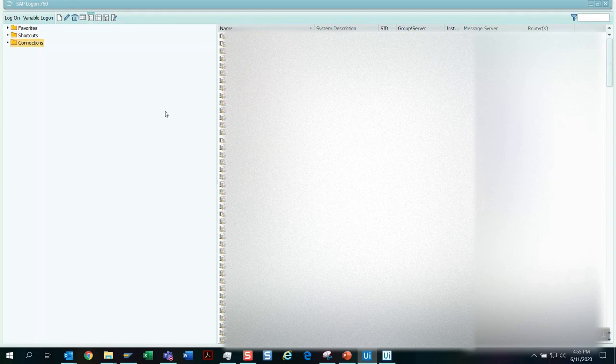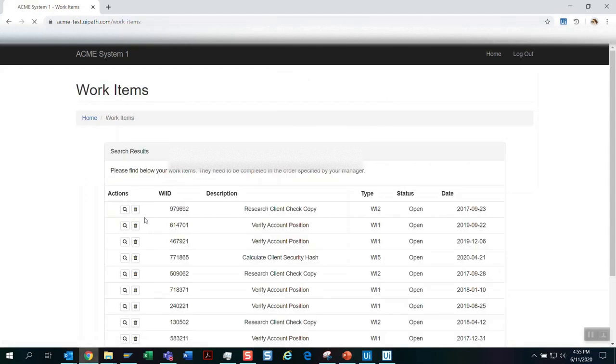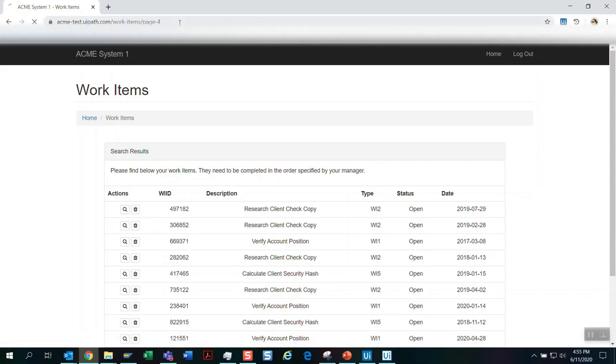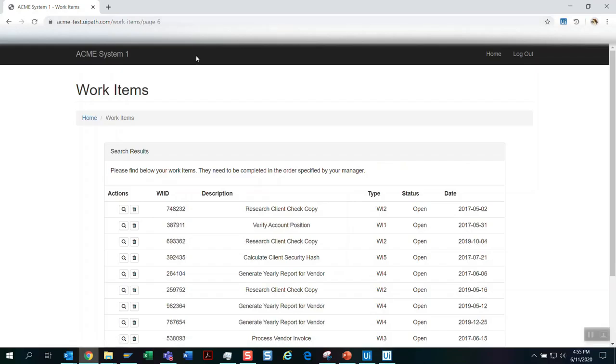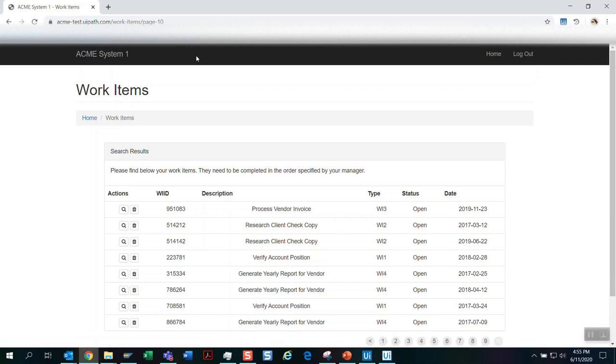So the robot is now reading the code, and it will open up Chrome. I've done my projects in Chrome for our company, and now it has logged into Acme, and as we can see up top, we can see that the robot is reading each page. It's doing a data scrape right now for the WI5 type work items, so that will basically do a data scrape for those specific items. It's going to put those items into